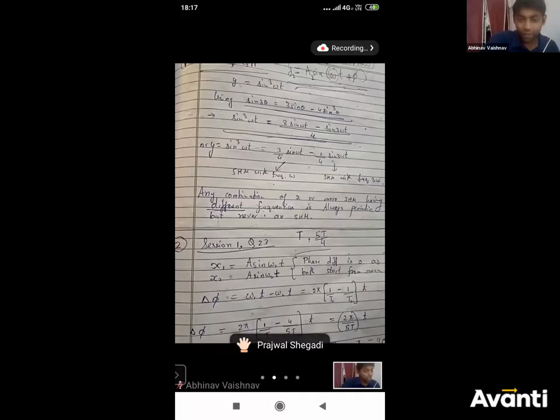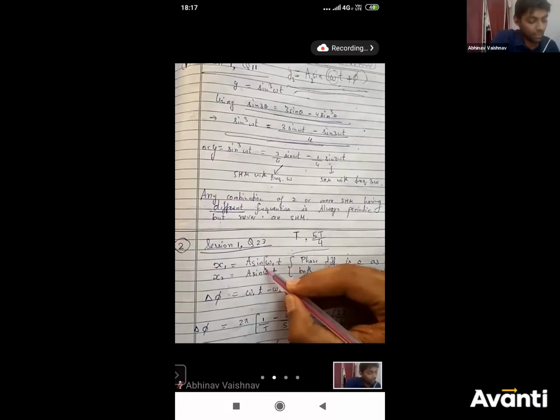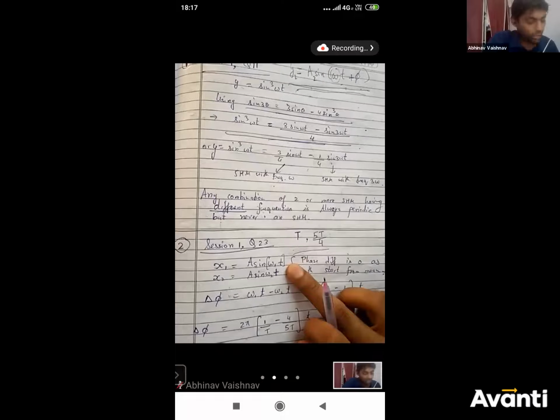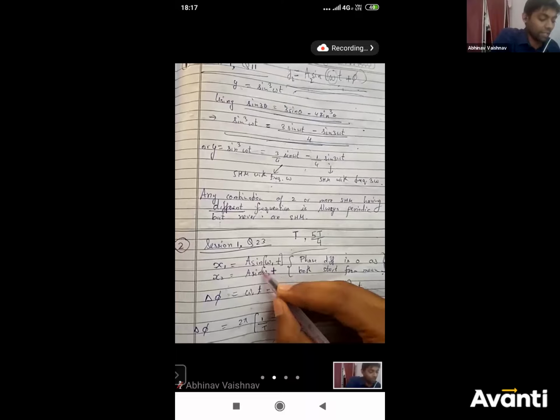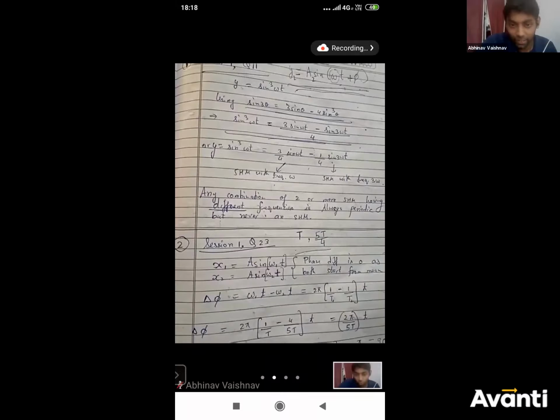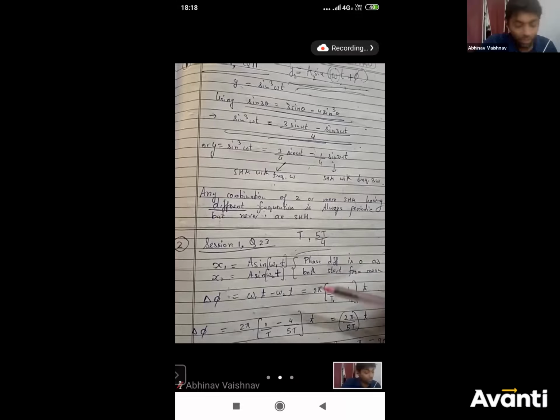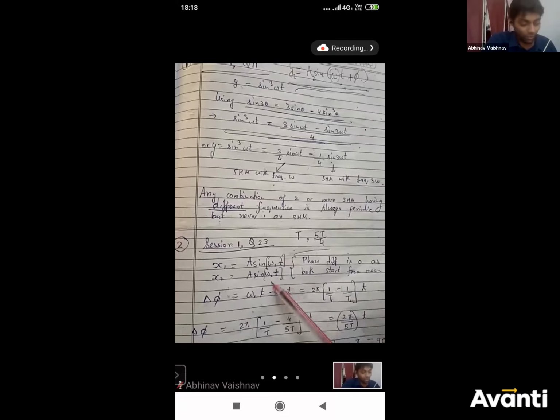So now what is the phase difference? What is the difference in phase? Phase, as you all know, how do we define phase? Phase is the argument of the sine or cos function. Sine or cos function का जो argument है, that is the phase. So here the phase of the first SHM at any time is omega 1 t. The phase of the second SHM is omega 2 t at any time. So what is the difference in phase? दोनों के phase में फर्क, difference क्या है? The difference is omega 1 t minus omega 2 t.